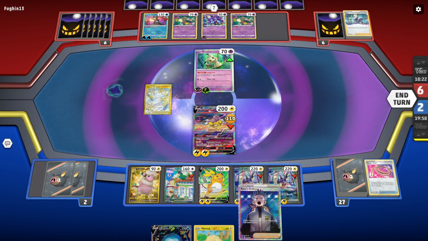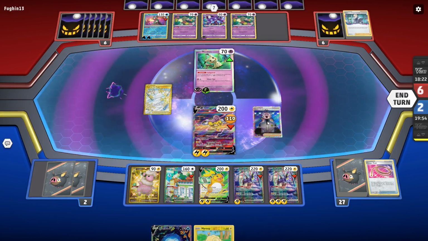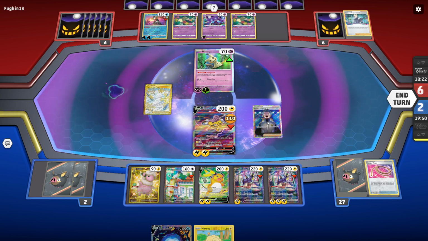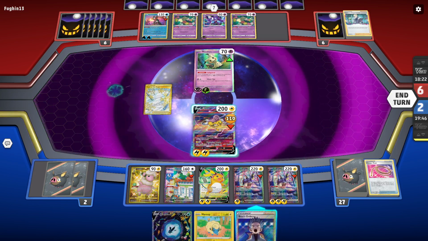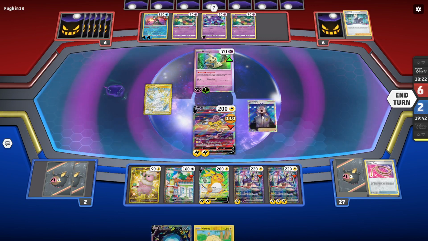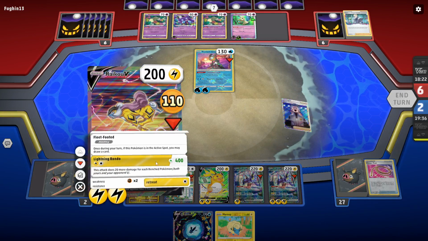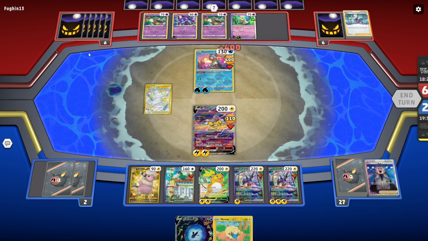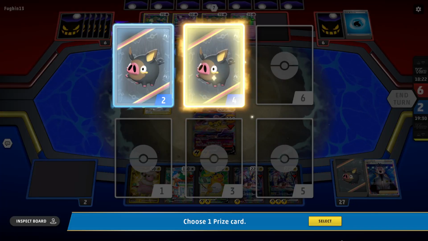Alright, now we're gonna go... Because they're gonna take 3 prizes with the Greninja, but that doesn't matter. As long as... The Sableye seems worse, because that 9 here... No, we want to get rid of the Greninja. And we just go Lightning Rondo. So I think, because they can take 3 prizes with the Greninja, and they can only take 2 with the Sableye. So,